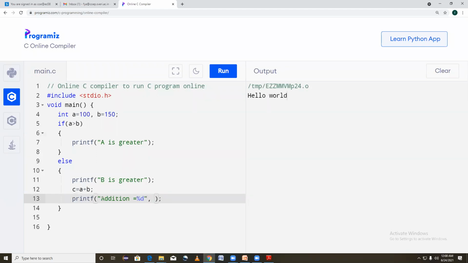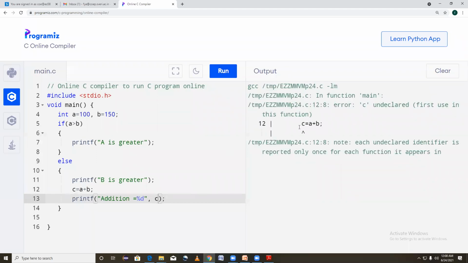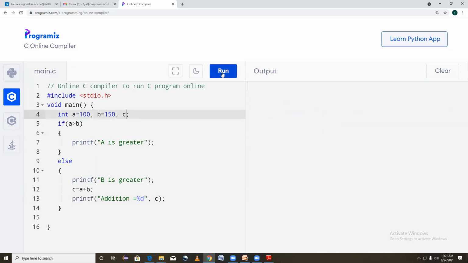As I have taken the integer type of value, I am going to print the value of c. Yes, I have not defined c, so I will define c. If you write a simple statement, it is fine.